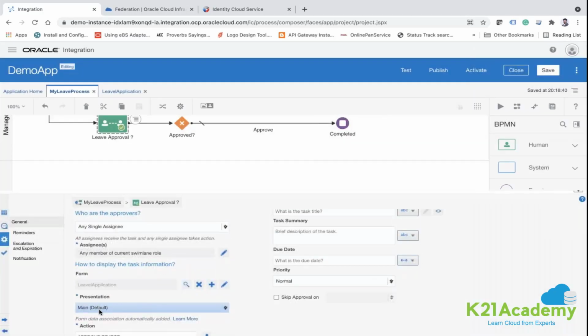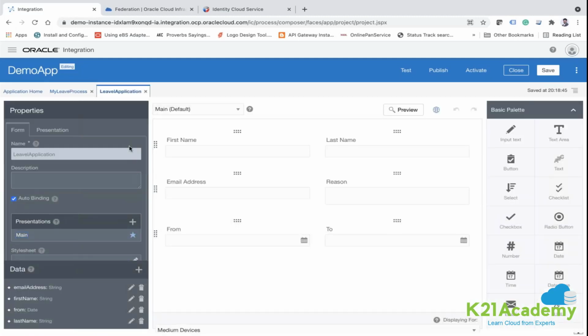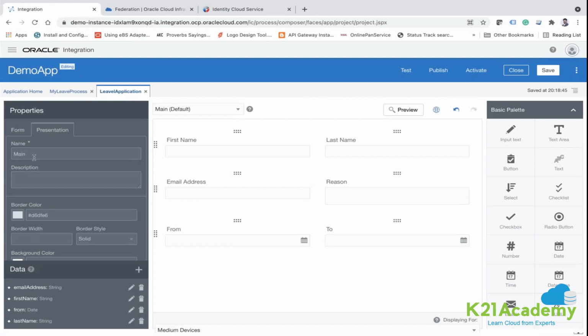And here presentation is main, means in this form when we create, you see we have one presentation called main. If you want to change the name, you can change it, which means in a single form you can have a different presentation as per the role.